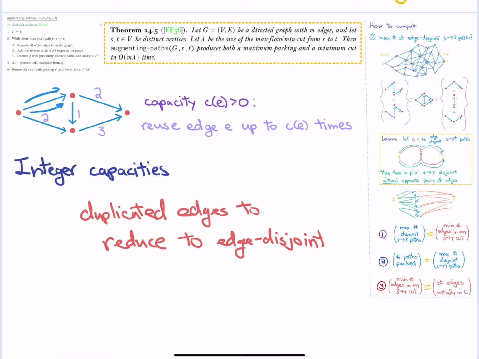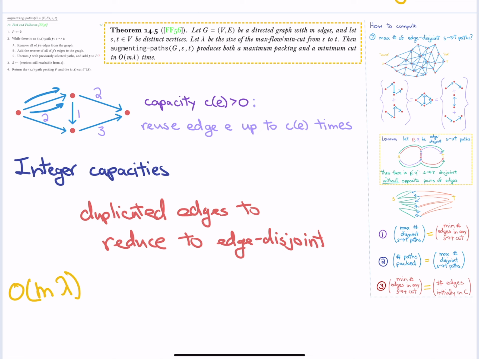Now, last time we were able to get a polynomial time algorithm for edge disjoint paths. More specifically, the algorithm's running time was big O of m times lambda, where lambda was the optimum solution. And since it's edge disjoint paths, every path uses at least one edge, lambda was always at most m, so this is at most m squared. In some applications, it may be less. But